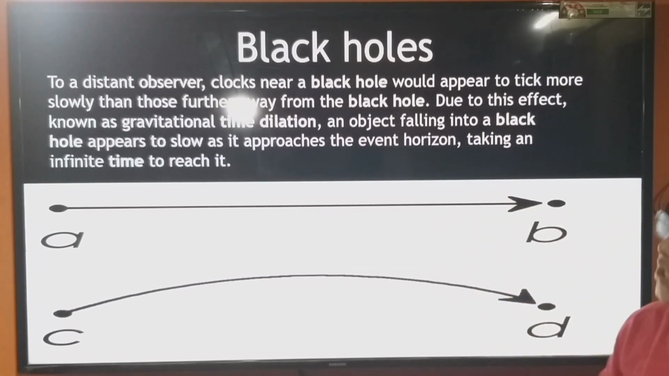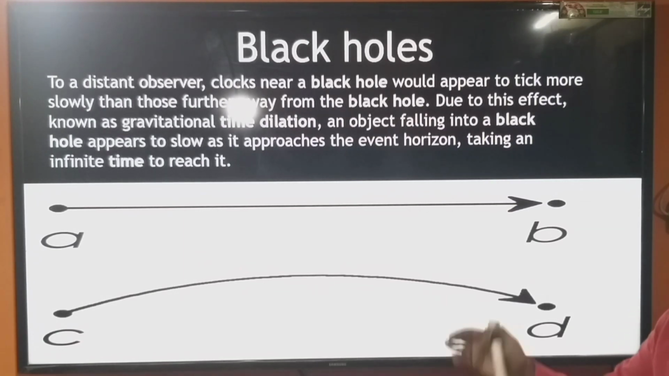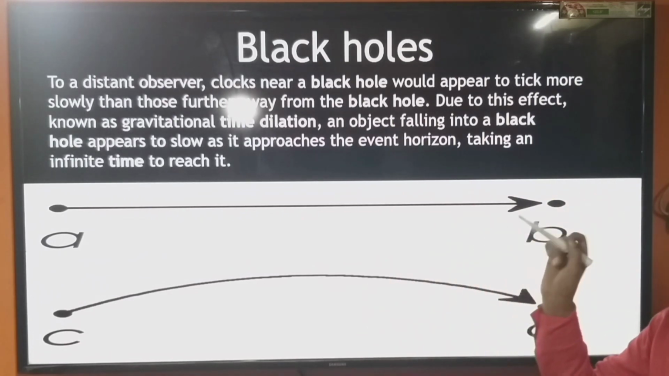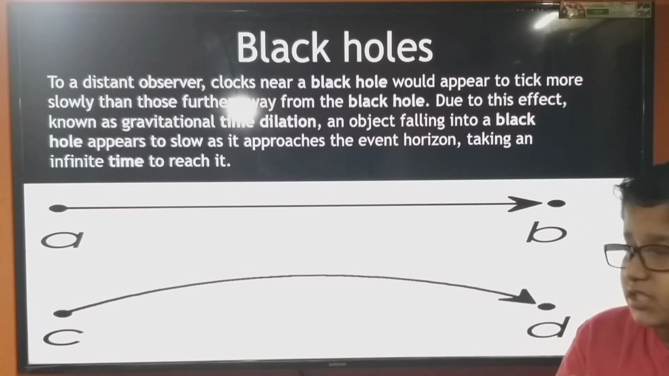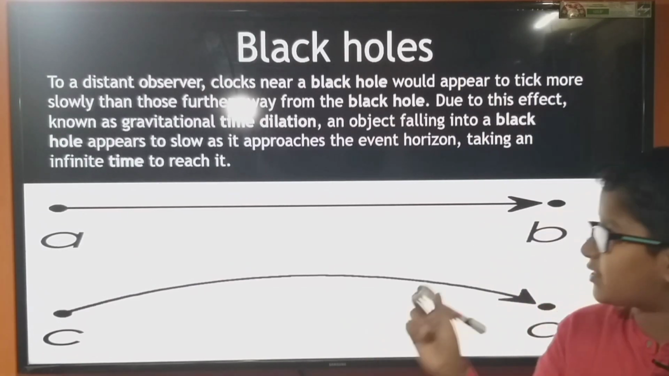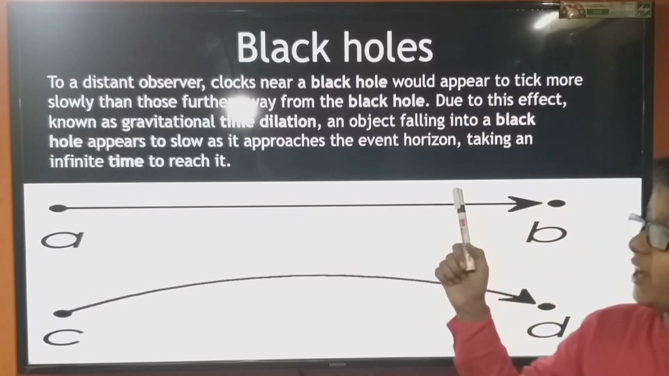Black holes. To a distant observer, clocks near a black hole would appear to tick more slowly than those further from the black hole. Due to this, known as gravitational time dilation, an object falling into a black hole appears to slow as it approaches the event horizon. The event horizon is the last point in a black hole from where we cannot escape, taking an infinite time to